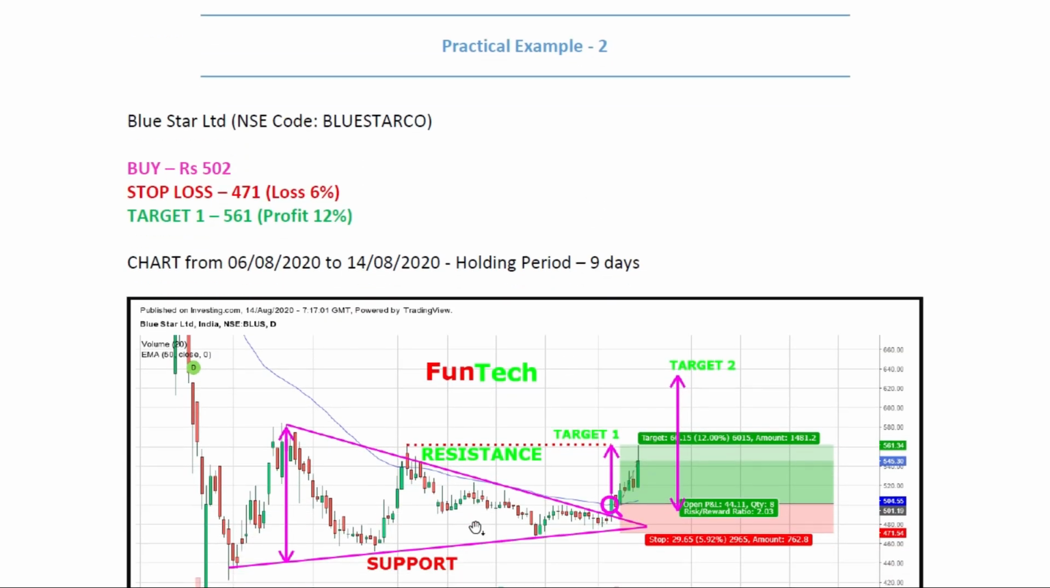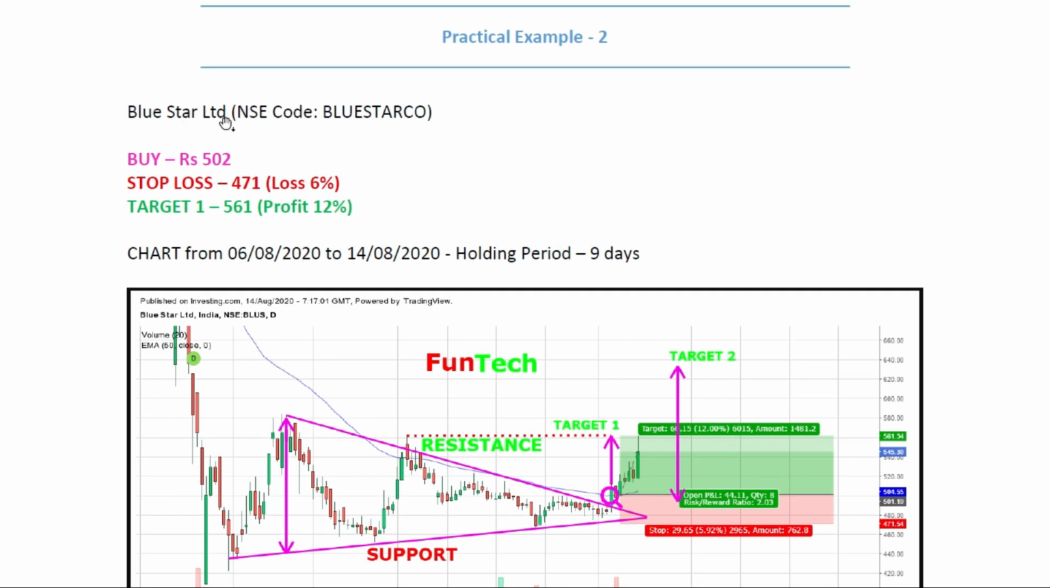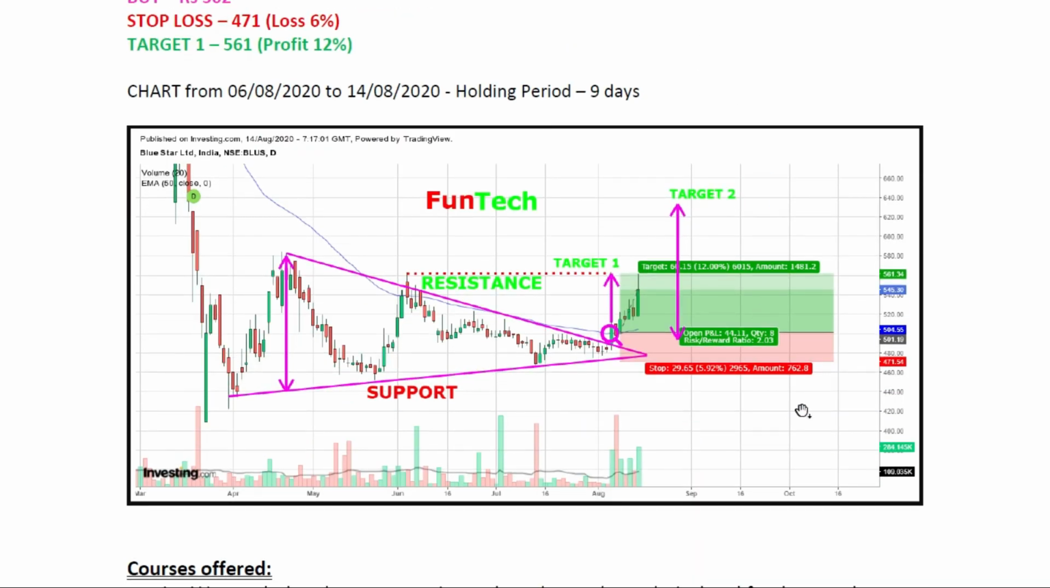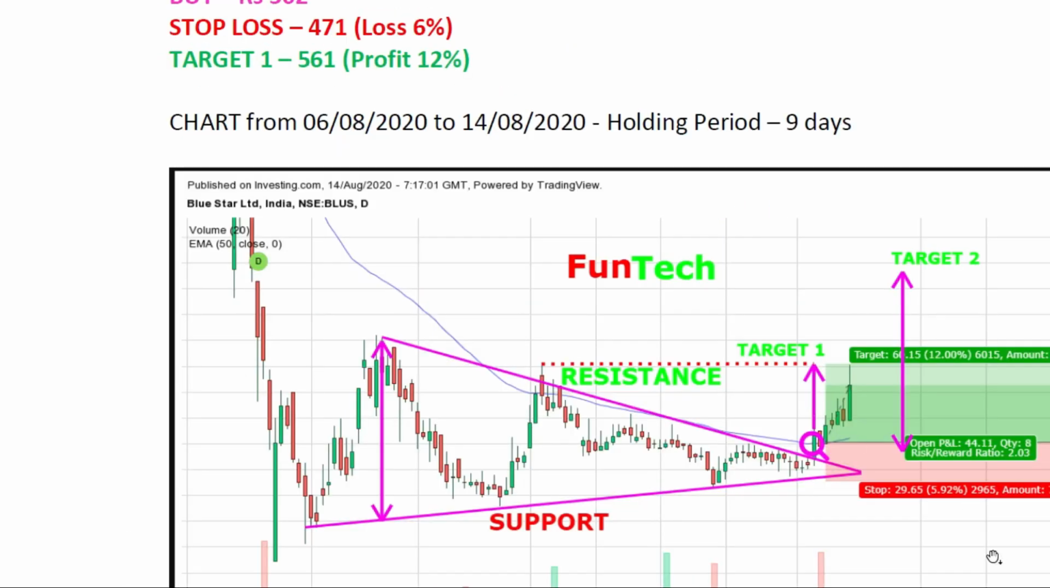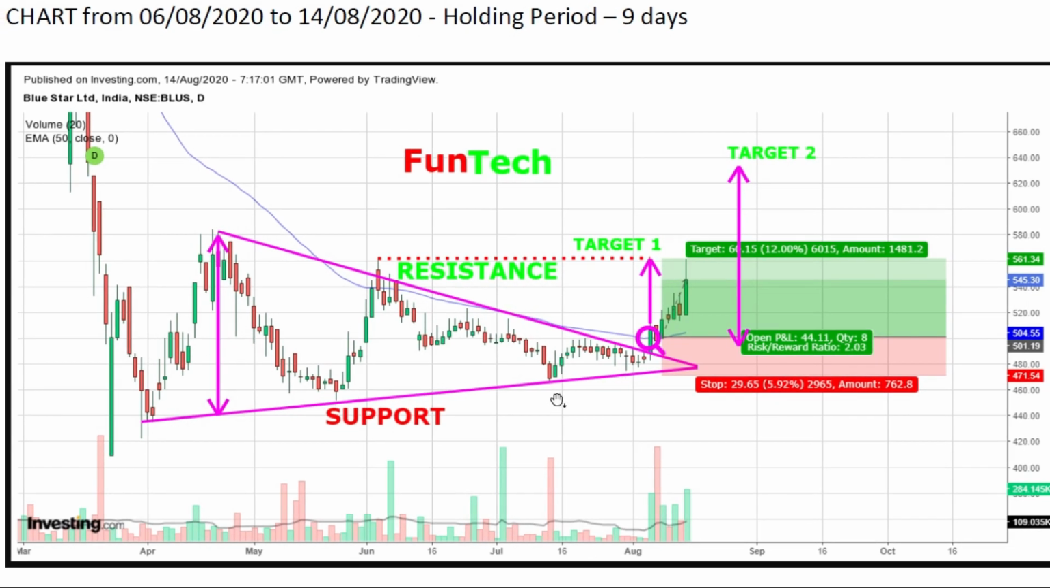This is our practical example 2. Stock name is Blue Star Limited. Similar to what we have seen so far, this is resistance, and this is support. We need to take buy when there is a breakout. So here we need to take buy and keep the stop loss below the support line, and the maximum target is